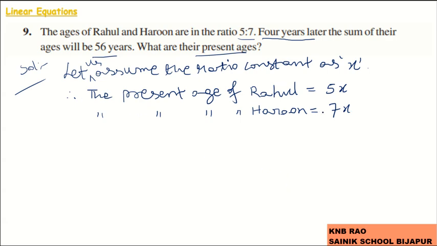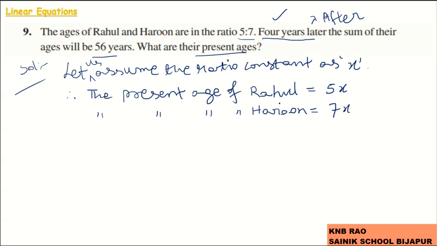Children, when we know the present age and we want to know the age of them 4 years later, what should we do? Just for example, I am 40 years old right now. This is my present age, and 4 years later, the word later tells after, that means after 4 years. Then what will be my age? So obviously present age plus 4, which means 44 years old I will be after 4 years.